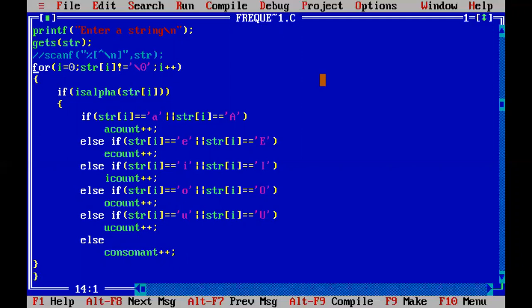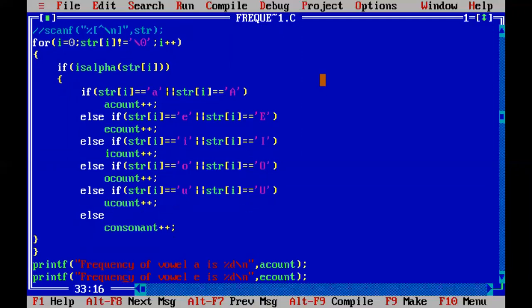Finally, when you have your null character in the string as the last terminating character, this condition will become false because it will check whether it is not null. When you reach the end of the string, the character is null. So this condition is going to become false. In that case, the control will come outside the for loop. Now you have your answer in all the variables. You can print the answer to the user.